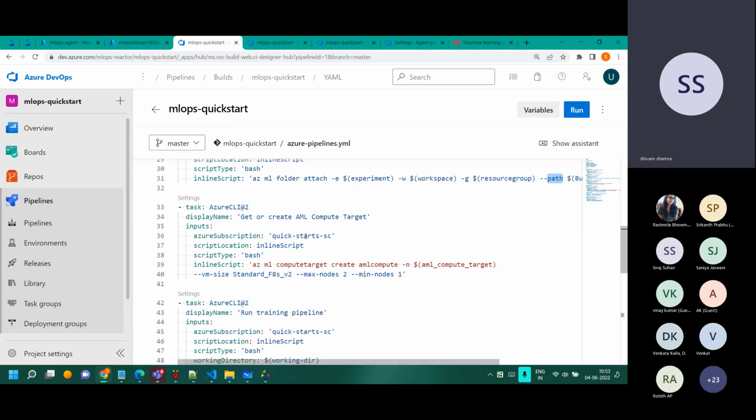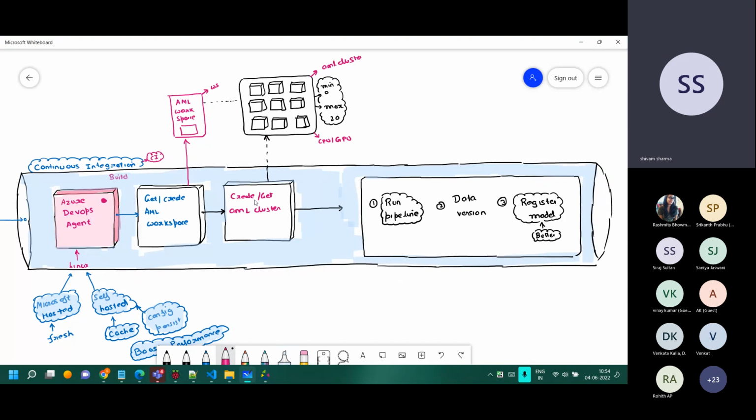Okay, now if I show you the specific part, if you see this Azure Machine Learning create AML compute, and then the size of it, for example, some size, how many maximum nodes there are, how many minimum nodes there are. So this particular part is where we create the cluster like this. If it already exists, it will not get created, and no error comes. It just moves forward. However, if it is not there, the cluster will get created in this step.